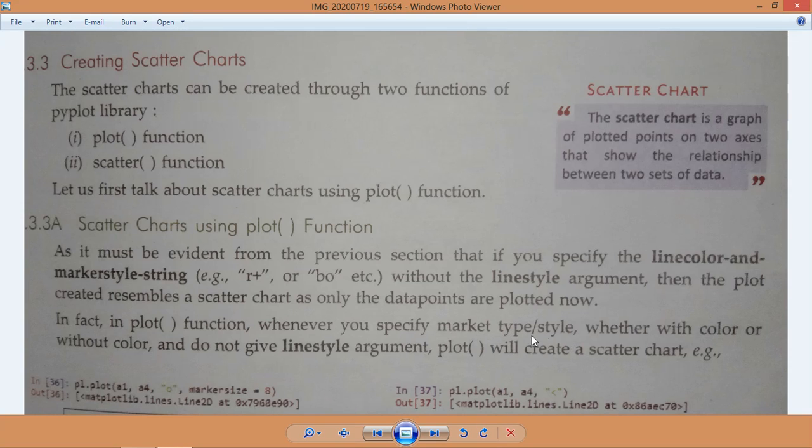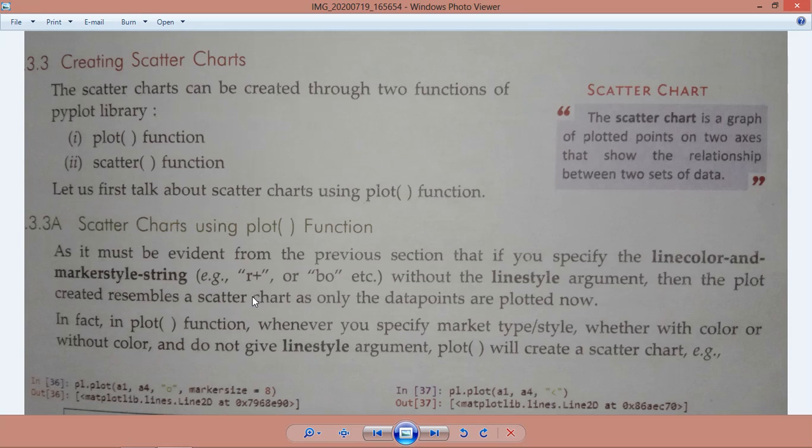Remember this, here it is written that if you specify the line color and marker style string without the line style argument, that is, a combined string like r+ or rbo, then the plot function will create a scatter chart.